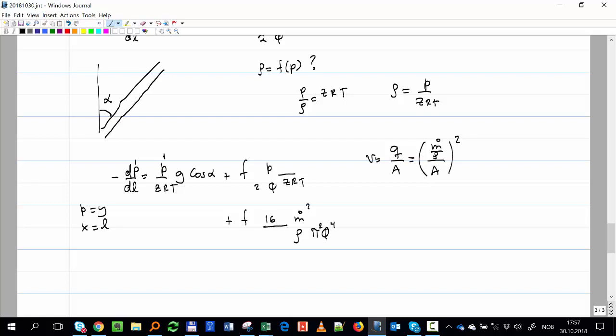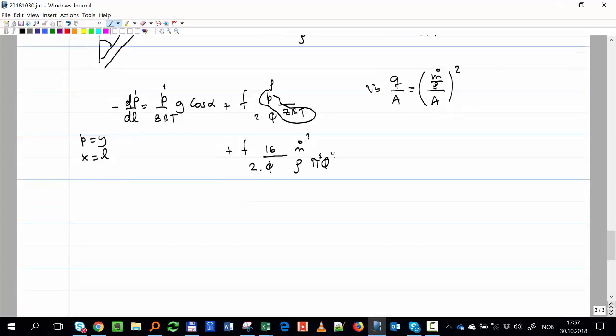Is that correct? And here I have a 2, right? I just took away one density from here. Then I have just one density, mass flow squared, and the area. And I'm missing the density here. This was density. Okay, I just took it away. So at the end, I end up with